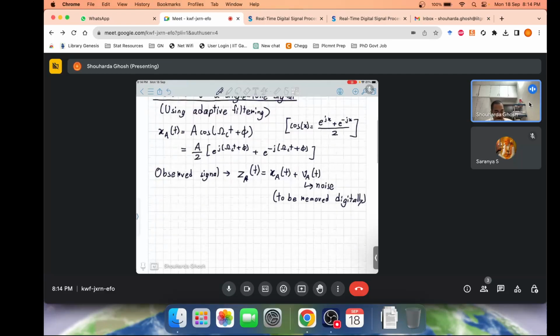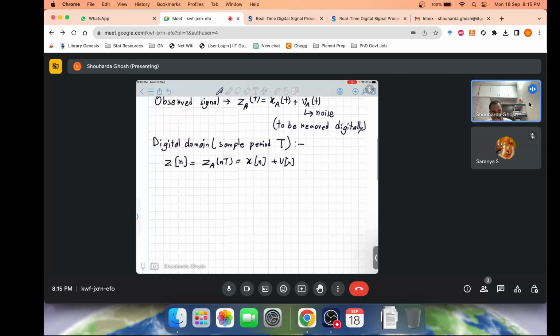So what happens in the digital domain, where we have a sampling period of capital T, we write that signal with time index of integers, which is z_a(nT). It is nothing but x(n) plus v(n). Okay, and x(n) was our